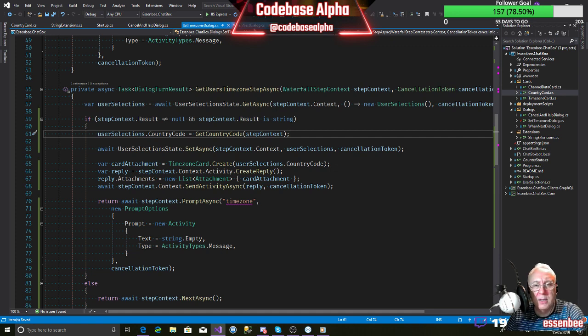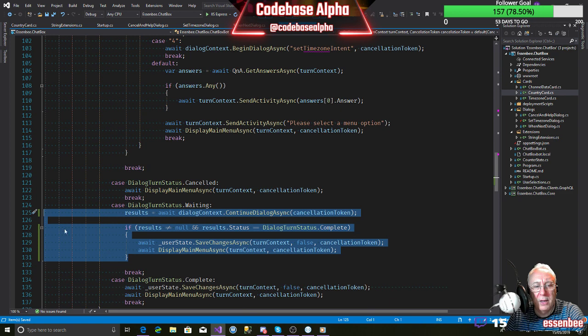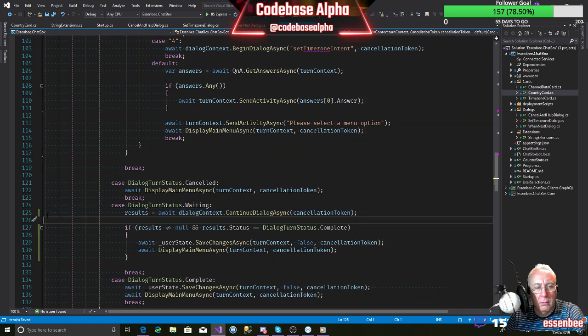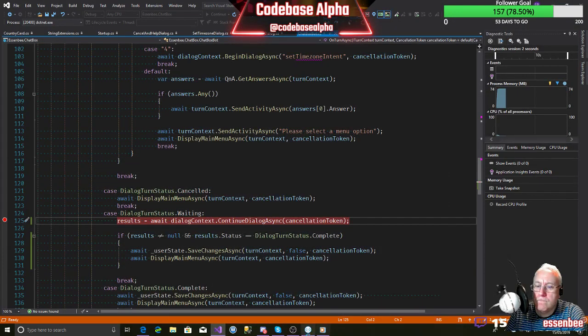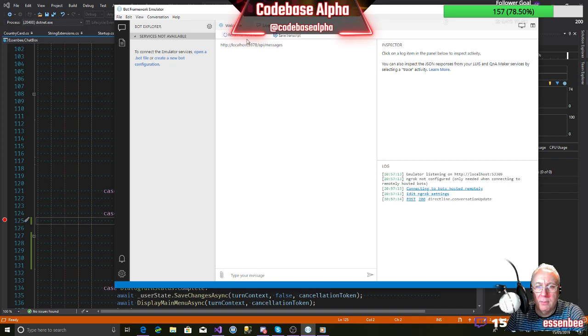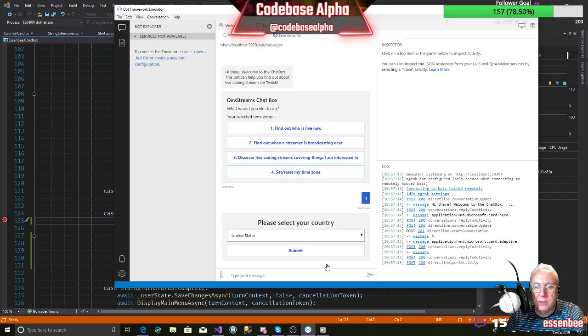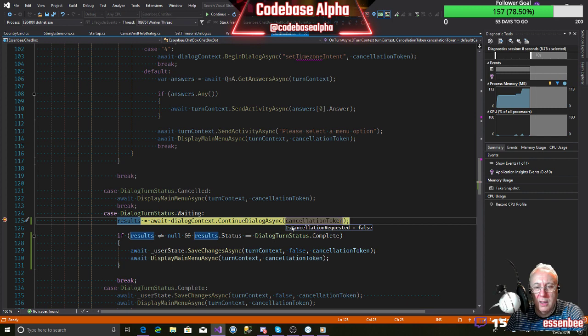So it's interesting, isn't it, that when you set a breakpoint here, and a breakpoint here, and I run this up, restart my conversation, hit this, submit, and I hit there, the result status is going to be waiting.